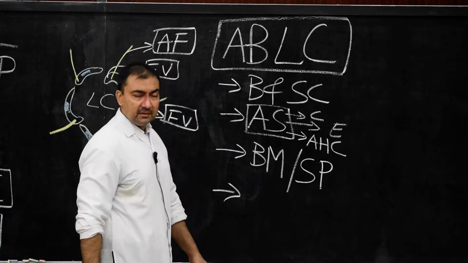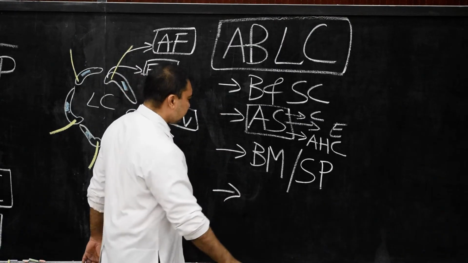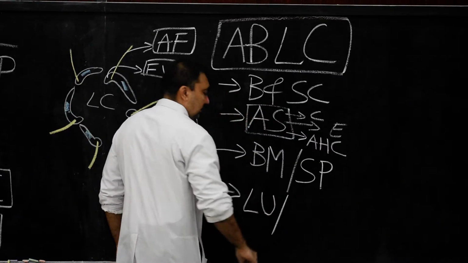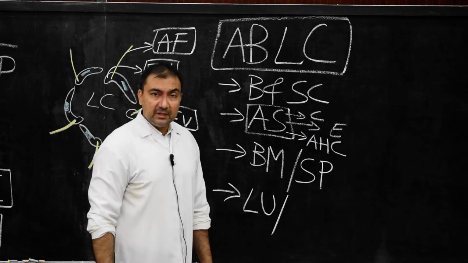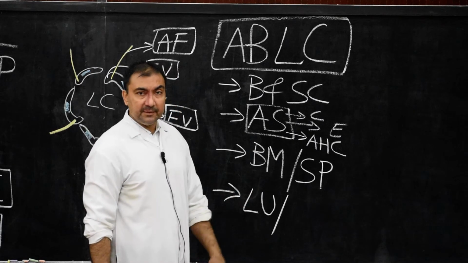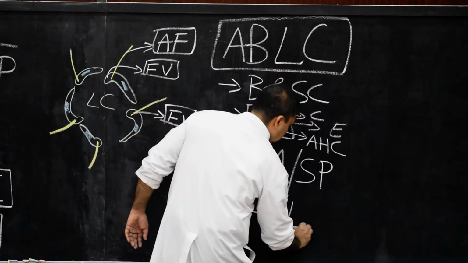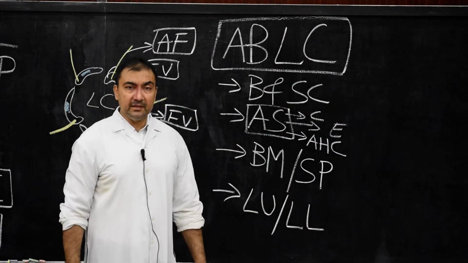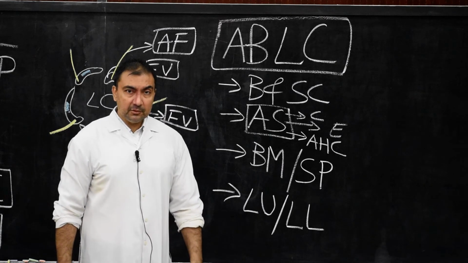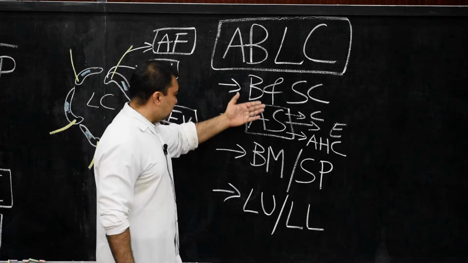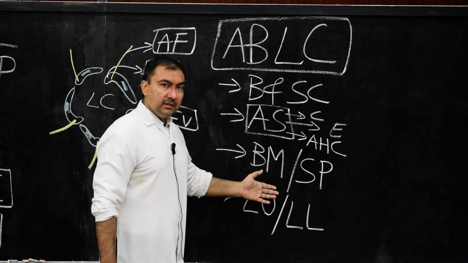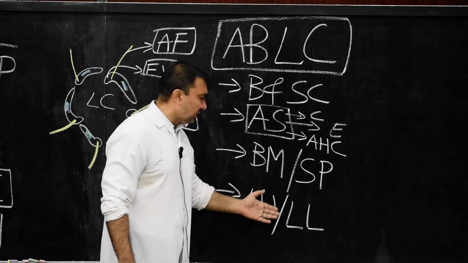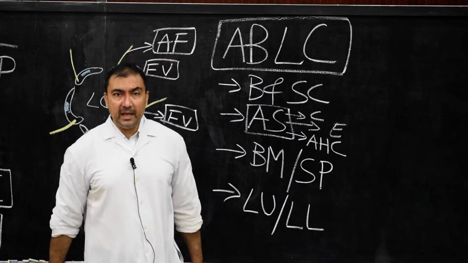And the last structure, please try and remember in this way, last structure will be the lung units. In the various units of the lungs, lymph capillaries are absent, and in the liver lobule. In the liver lobule also lymph capillaries are absent. So try and remember these structures. This will be very much helpful to you if a MCQ is asked regarding the absence of lymph capillaries. These are the structures in human body where the lymph capillaries are absent.